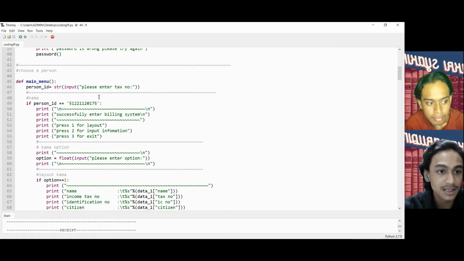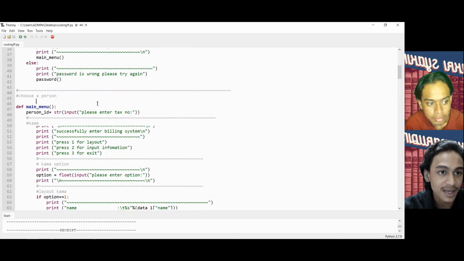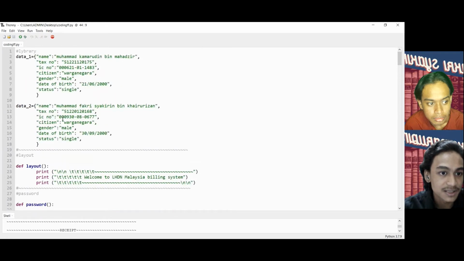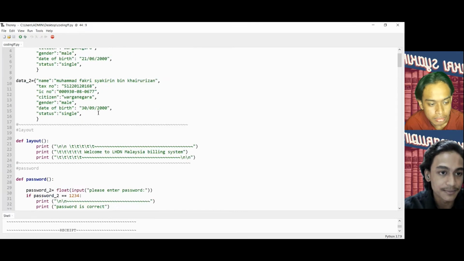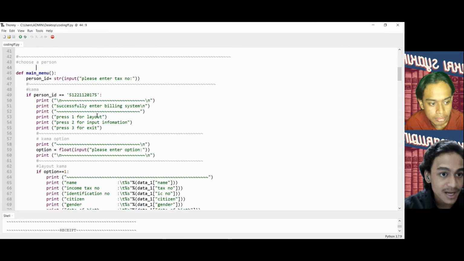The person ID that I have put in this text calculator is my ID, which is 512211200175, and Fakri's ID, which is 512201200168. Okay. When I enter my person ID, it will go to my settings.